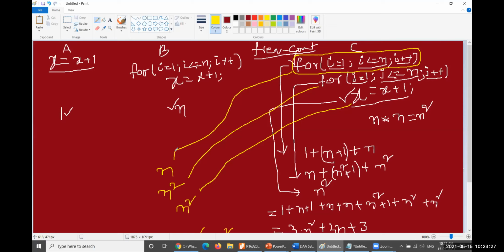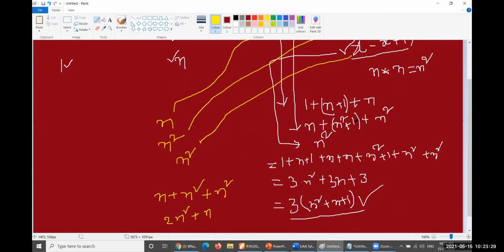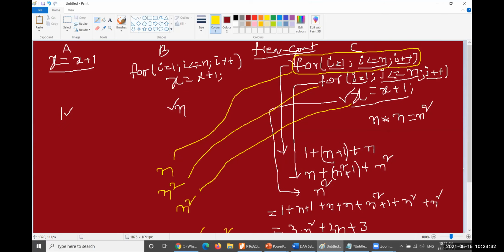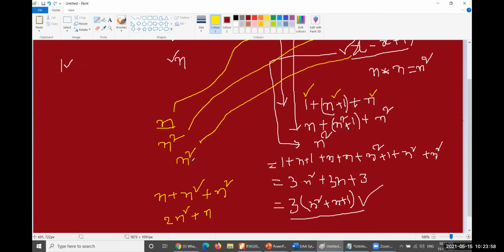n times it will come back. So in the frequency count, i equal to 1 will be executed one time, and i less than or equal to n will be executed n plus 1 times, and this is n. Whereas in step count, this entire statement will be executed n times, and how many times the control executes this particular whole statement will be n squared. x equal to x plus 1 is executed n squared times.